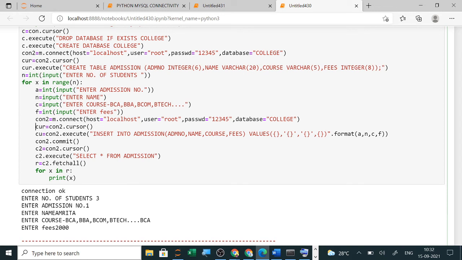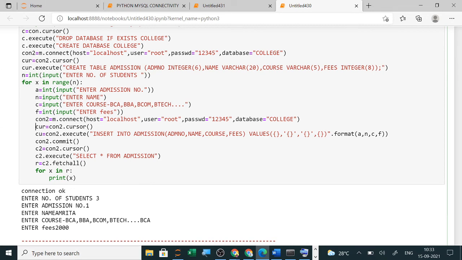Insert into, in double quotes, in bracket all the column names, then space, values, correct, in bracket four data, so four curly braces with this, close bracket, double quotes, dot format, and then the variable names, and insert into bracket.